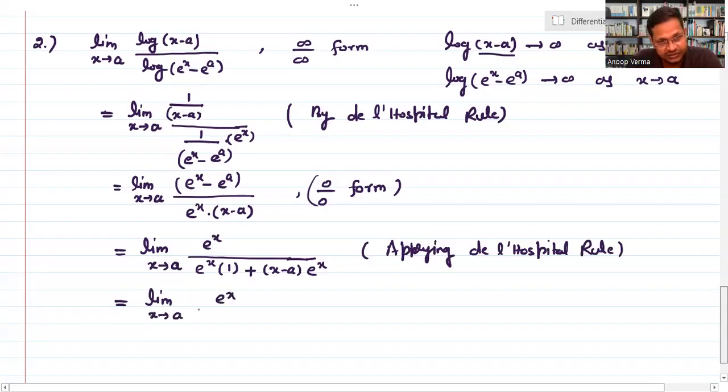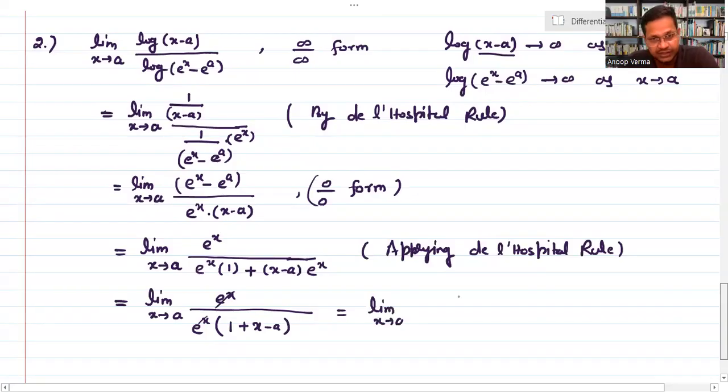is, take the e power x common, it will be 1 plus x minus a. Okay. So from here you cancel it out and you will get, remains, limit x tending to a, 1 upon 1 plus x minus a. When you're putting x equal to a, it will give you 1 upon 1, it equals 1. So the limit of this